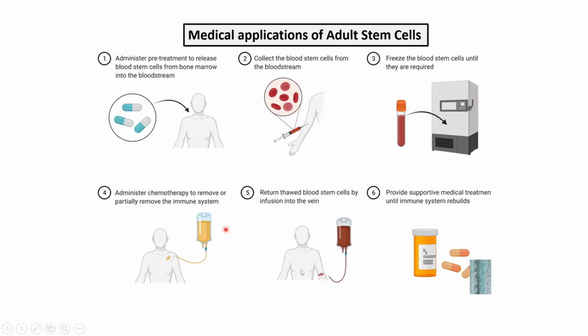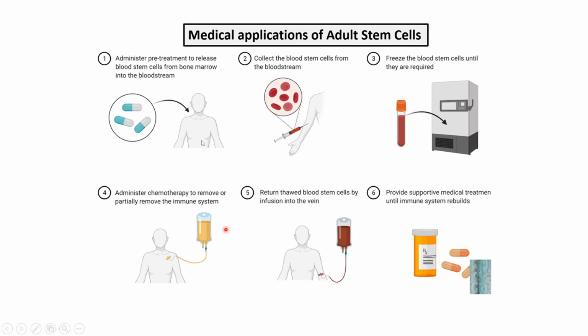And that stem cell will then differentiate into the progenitor cells, myeloid and lymphoid progenitor cells, and eventually it will form the complete immune system by generating the B cells, T cells, and macrophages and all those immune cells. And additionally, you have to take a supportive medicine to further enhance the immune system. In chemotherapy, the immune system will be down, but after infusing the stem cells which were collected earlier, the immune system will get generated again, and with the help of the medicine, the immune system can get enhanced, which can help in survival after the chemotherapy.